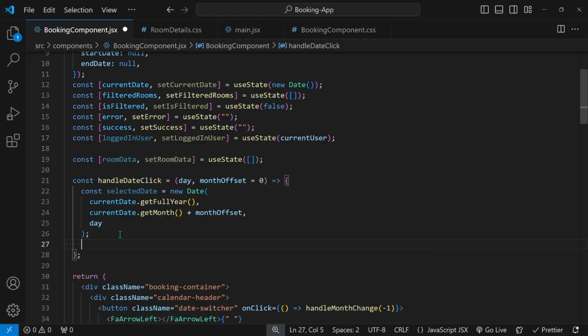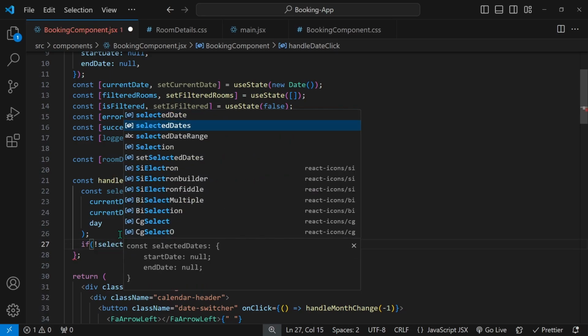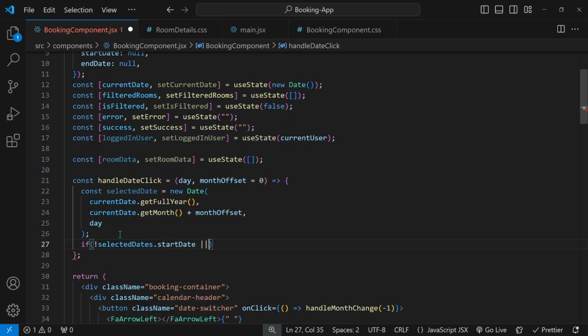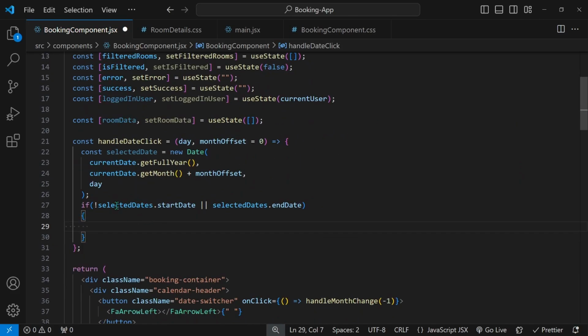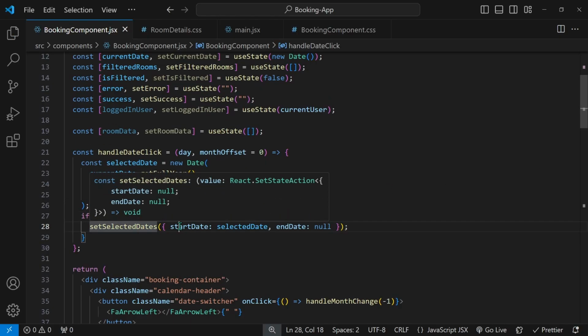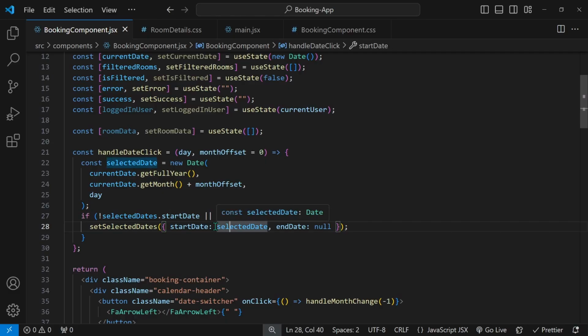Now, whenever you click one of the tiles, we have to check a bunch of if statements. So for example, if not selectedDates.startDate or selectedDates.endDate, meaning we haven't selected a start date or we haven't selected an end date, then we'll say setSelectedDates, and we'll set the start date to be the selected date and the end date to be null, because this is also true if we've selected 2 dates and we are clicking for the 3rd time, for example,